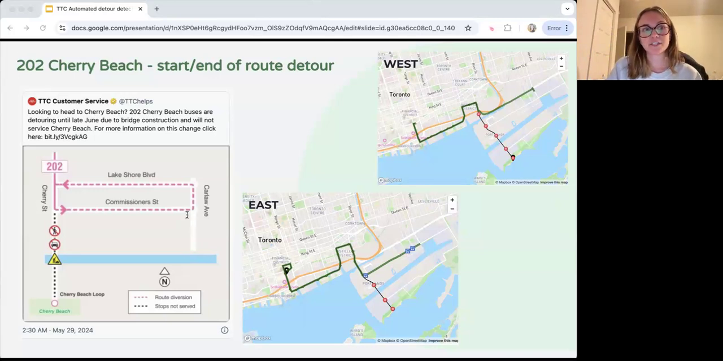And then the two images on the right of the screen, we have what we detected for the east and west directions. And in this case, we did a really good job, which is exciting for us. But the reason this case is difficult is there are cases of start and end of route detours where the vehicle won't actually leave the route at all. So we can think of an example where instead of doing this little loop where the vehicle goes down Commissioners and Lakeshore Boulevard, maybe they just go down Cherry Street, go into a parking lot or something, turn around and